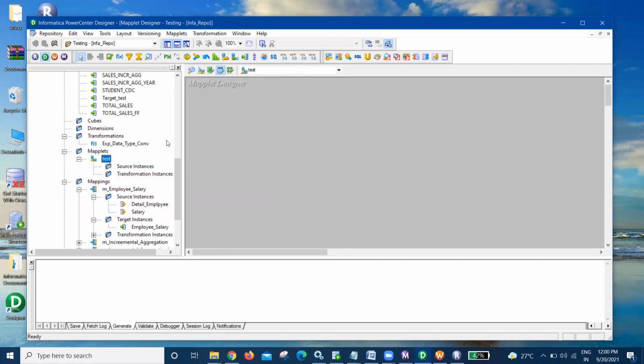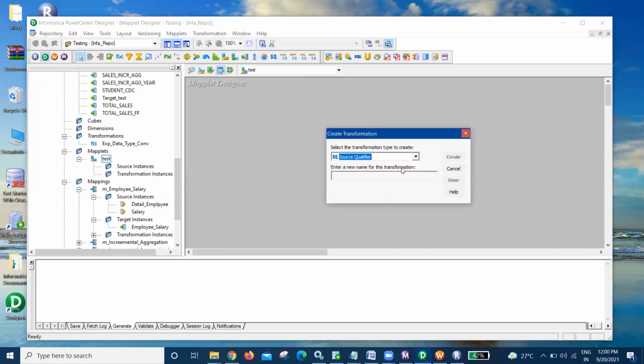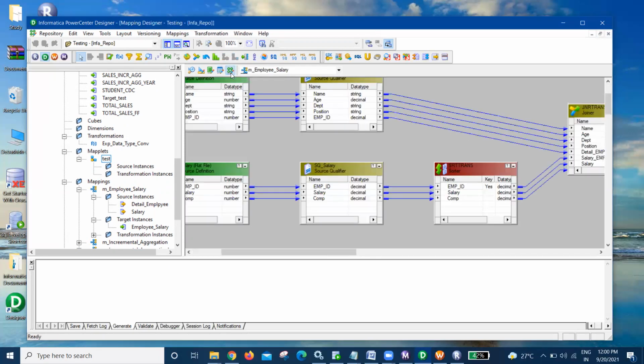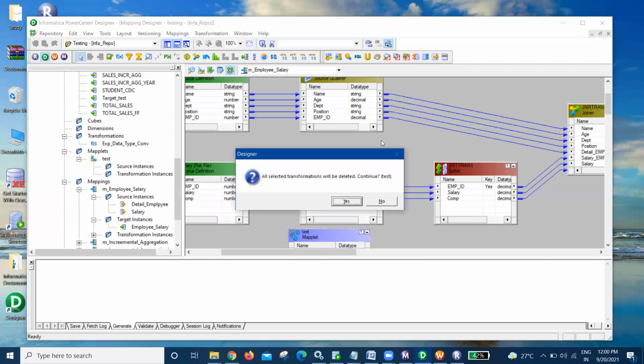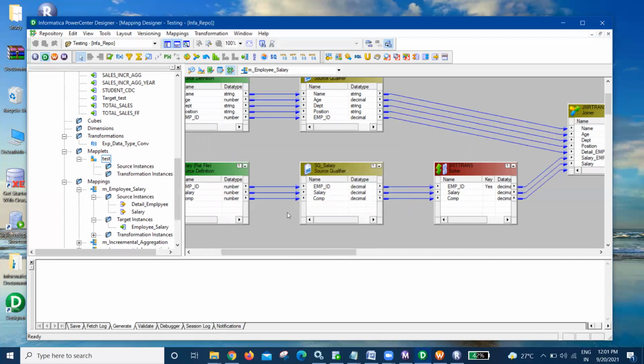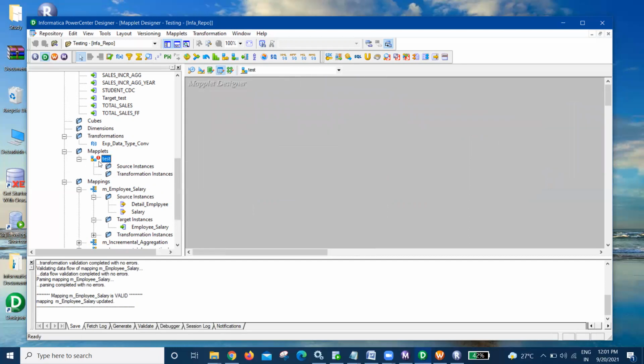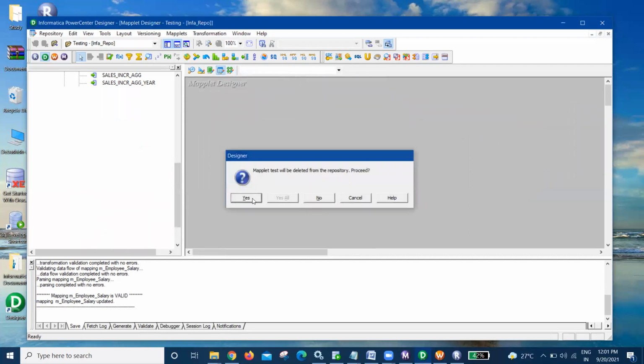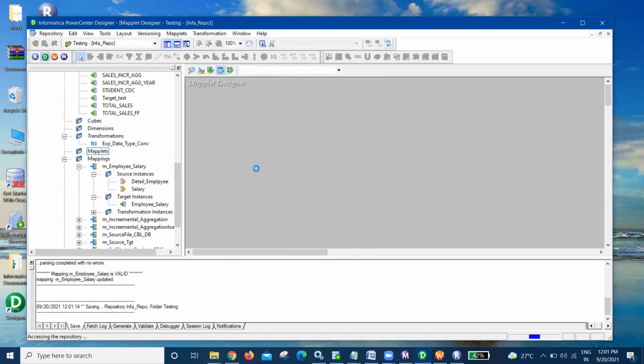Source, instance, target, transformation: there's nothing available now, but now you can create here. See, create, you can use different options. Like in mapping, you can now drag the mapplet also. Okay, understand? This is the difference. And I don't want to change anything, that's why I'm just saving this one. Okay, let's go to the mapplet and delete this one as well, because there is nothing there. We'll go for the next session. Okay, so this is about our mapping designer.